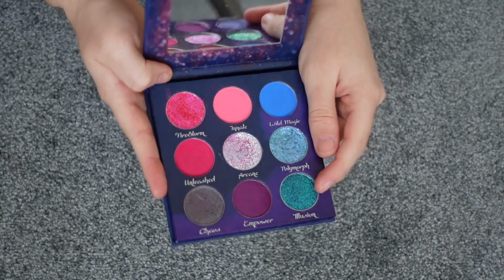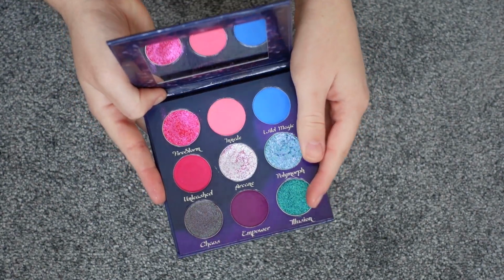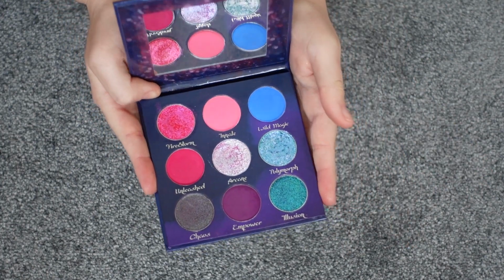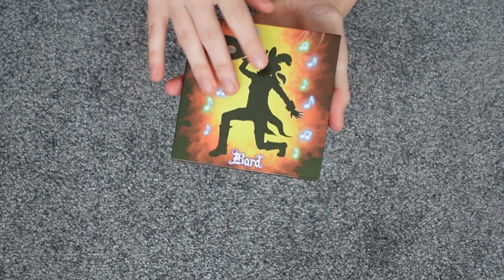There's also a jeweled multi-chrome in here, which reminds me of Cleona Oculus, which is madness that it's in this tiny little palette. Really like the Sorcerer palette a lot. It is wonderful. And my favorite one of the Fenty Cosmetica palettes, this one is the newest one that they've